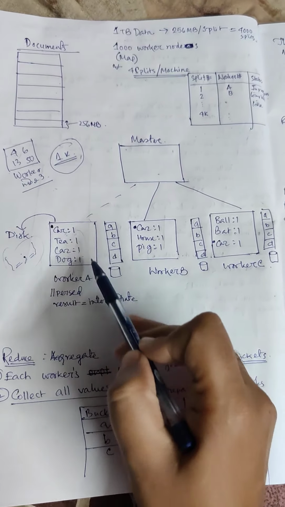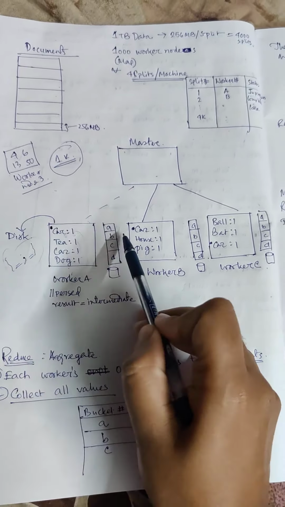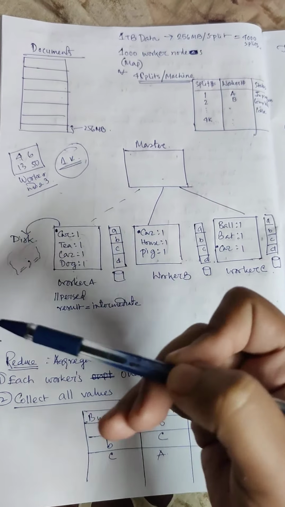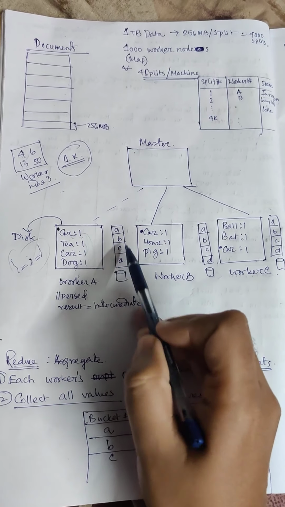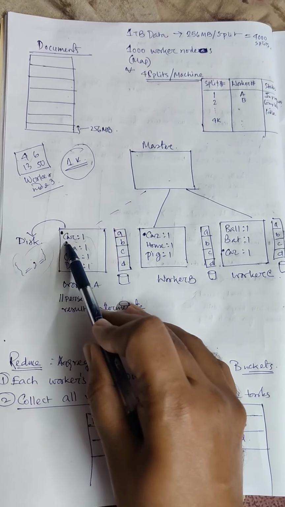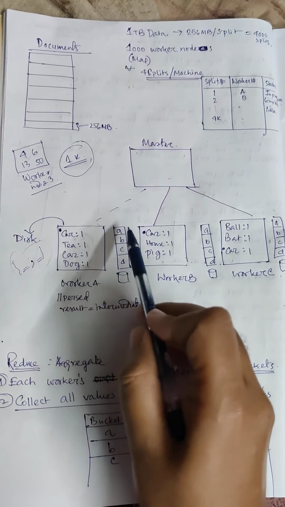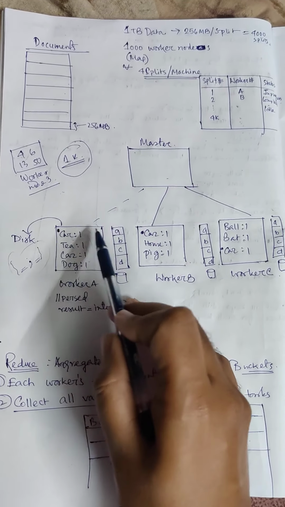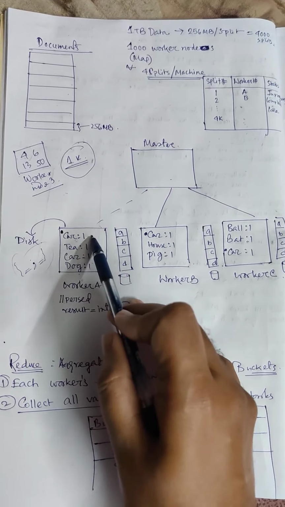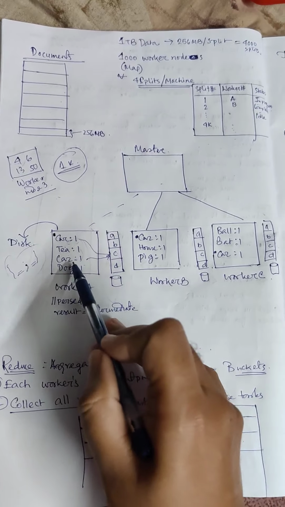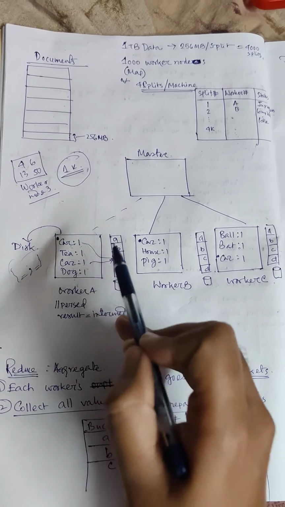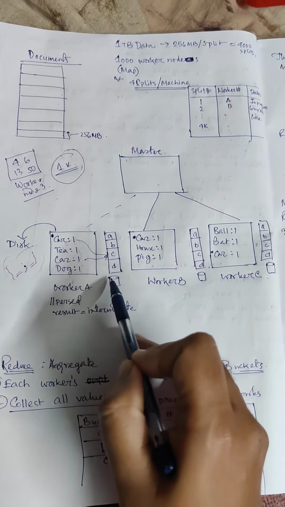So how will these buckets represent this output? Suppose we have this type of words. For simplicity, these buckets have some keys which start with the starting character of the word. So there would be A, B, C, D. Car will directly go to C, and car will directly go to C. So in this bucket, there would be 2 entries which come from C. It might be cat also, that might go to C as well. In this way, it fills the bucket.